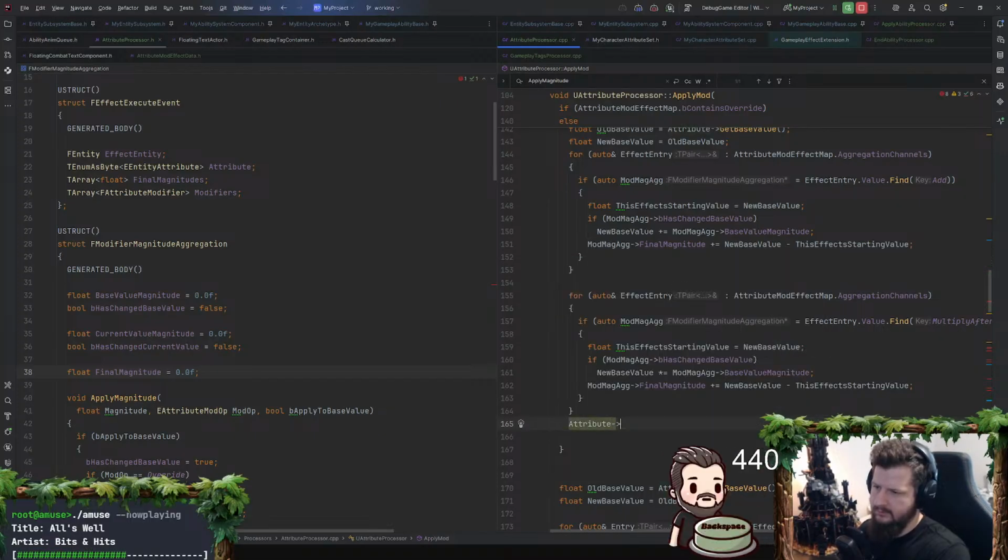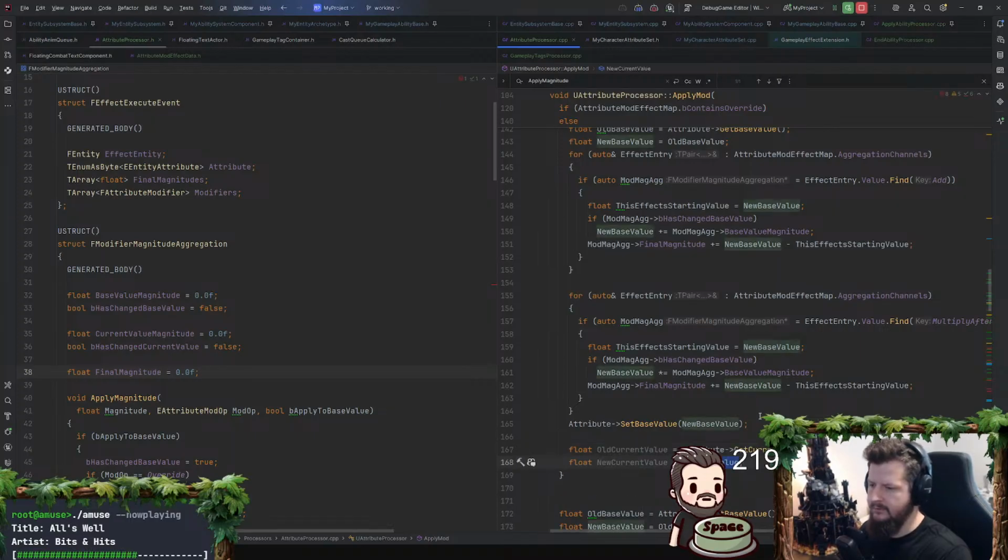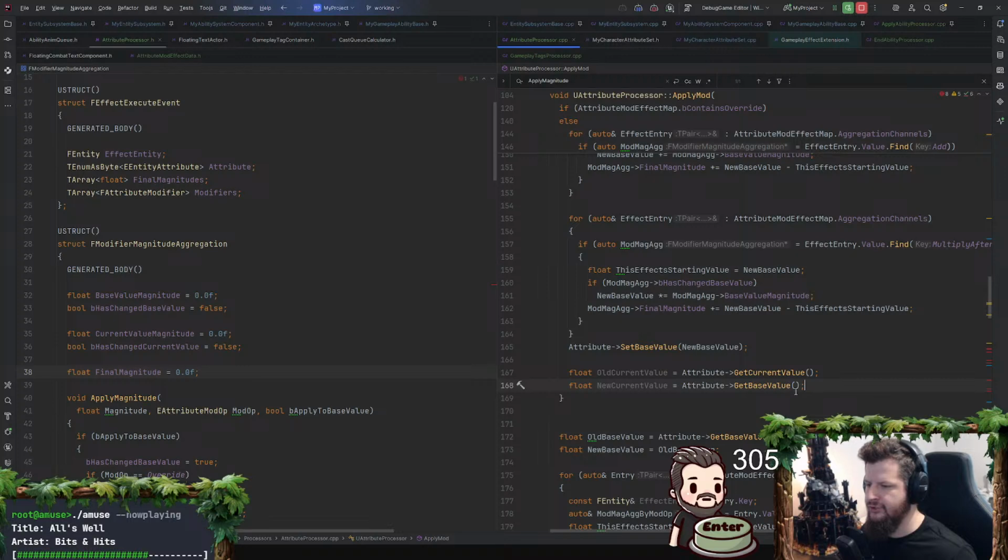Attribute, set base value, new base value. We set that there. And then I go float old current value, new current value. We set it equal to attribute get base value. That is the starting new current value.